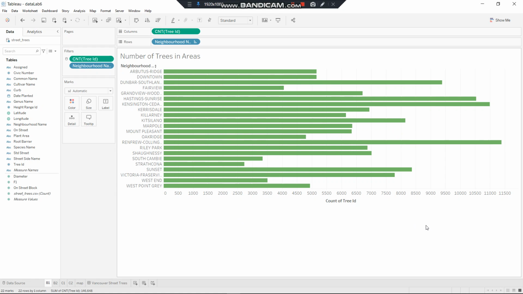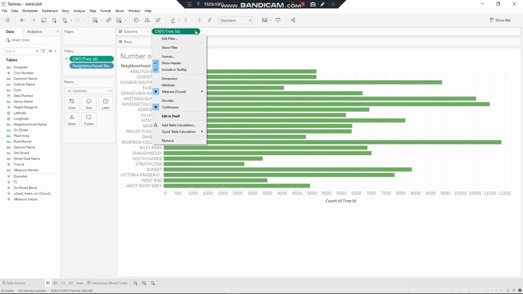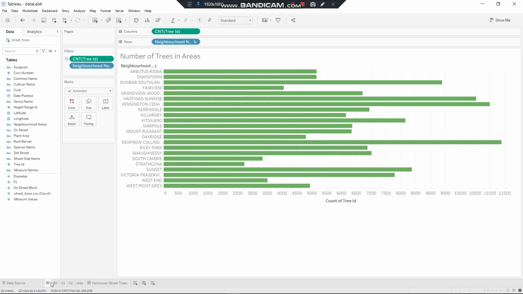So this was a very basic graph which was made, and the marks feature automatically makes a bar graph, but we can make different types of graphs if we want. And I had put in a filter here which helps us get a better idea of not just showing us the tree ID but giving us a count. So you go to measure and you can change the value to count, which really helps. Moving on,